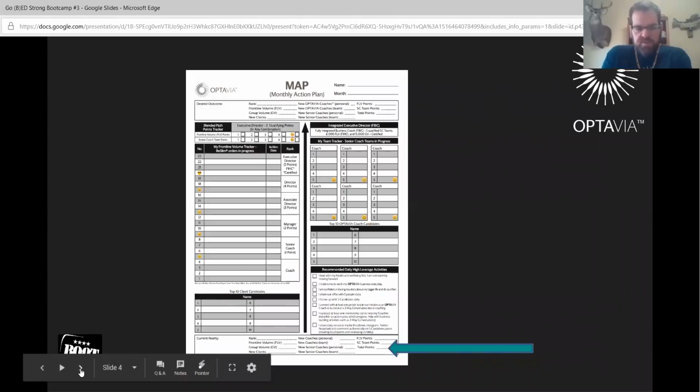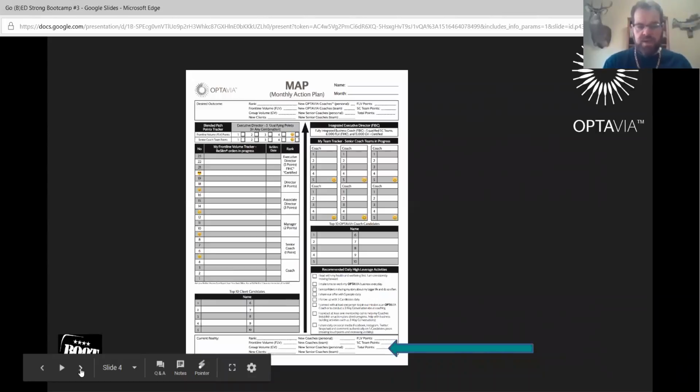The bottom section is where you are right now. That is your current reality. It breaks it down by your rank, and then what your frontline volume is and where your group volume was. Your group volume and frontline volume may be the same if you're a brand new coach and you've just brought on your first five or six clients.